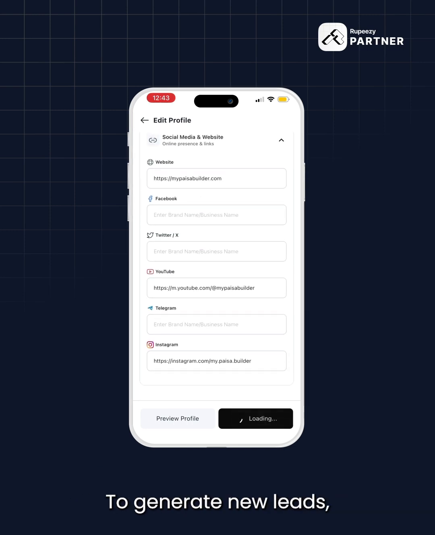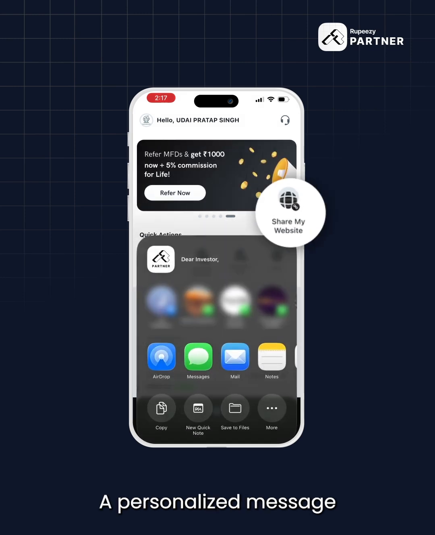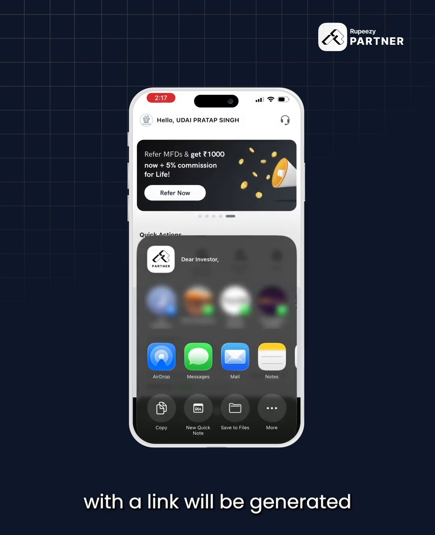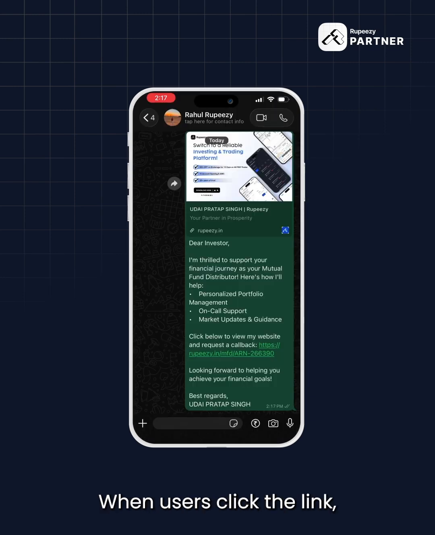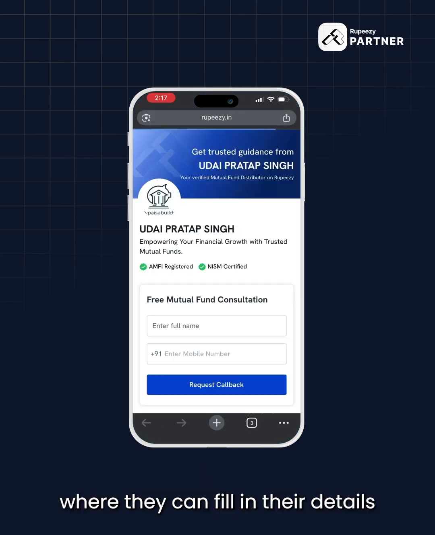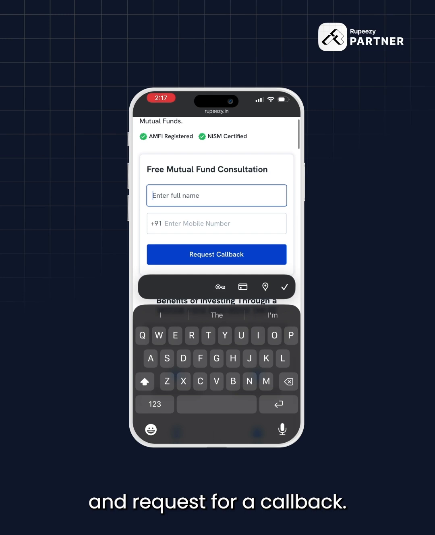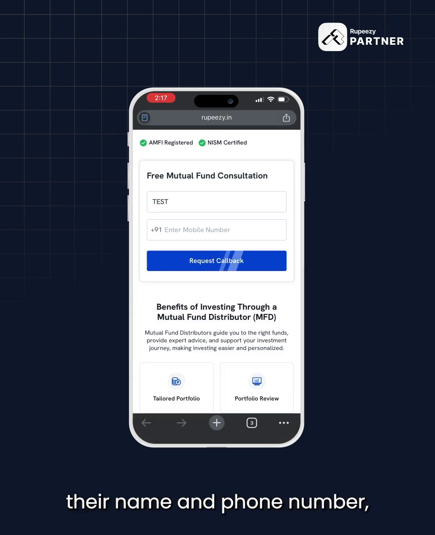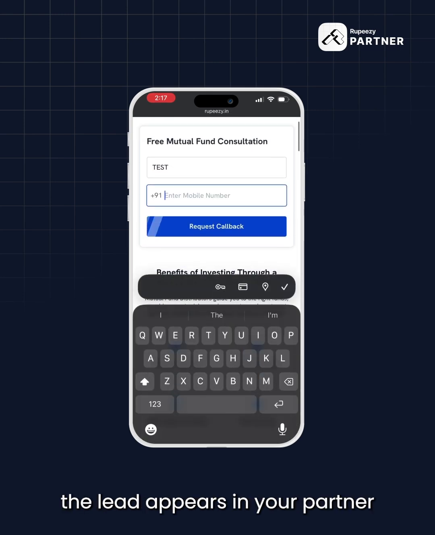To generate new leads, click on Share My Website. A personalized message with a link will be generated, which you can share with people. When users click the link, they are redirected to your website, where they can fill in their details and request a callback. Once a user enters their name and phone number, the lead appears in your Partner app under